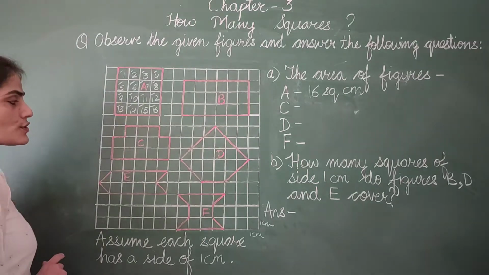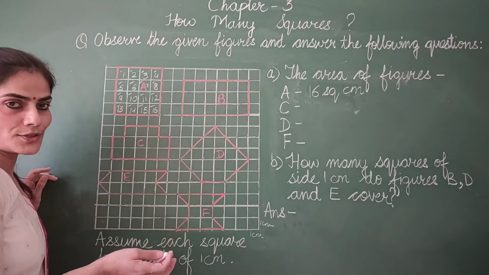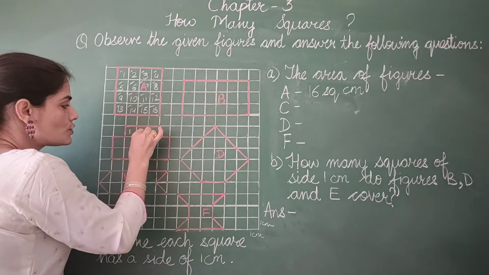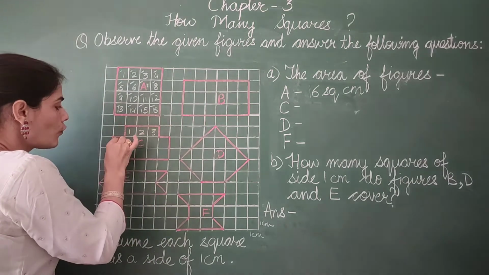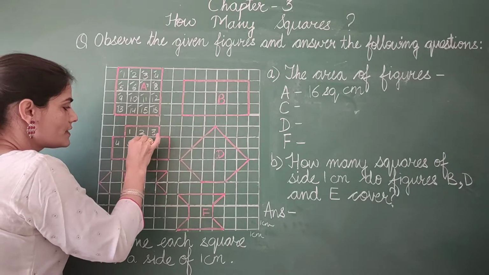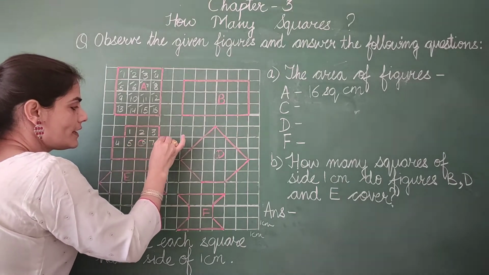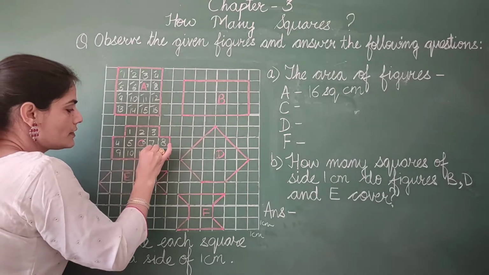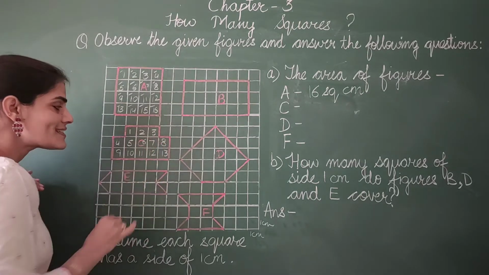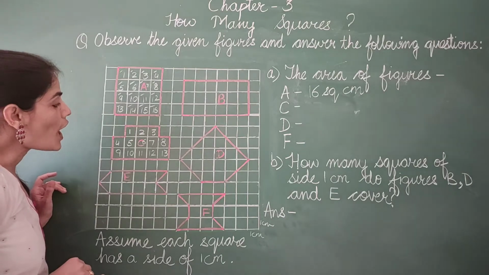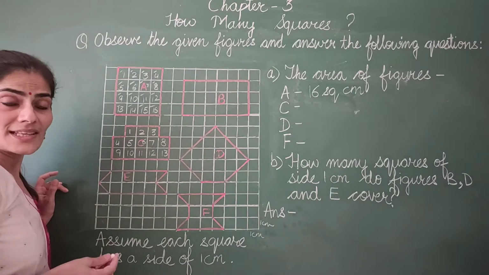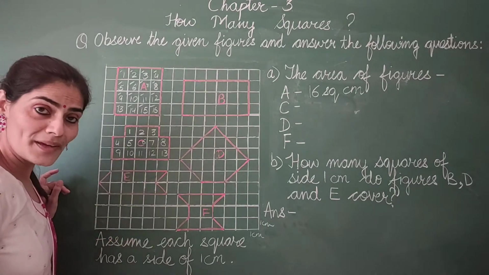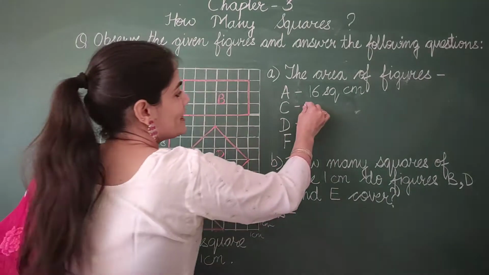Now let's count the whole squares here. Let's write the number. So this is 1, 2, 3, 4, 5, 6, 7, 8, 9, 10, 11, 12 and this is 13. So how many squares does it cover? It covers 13 squares. So what will be its area? 13